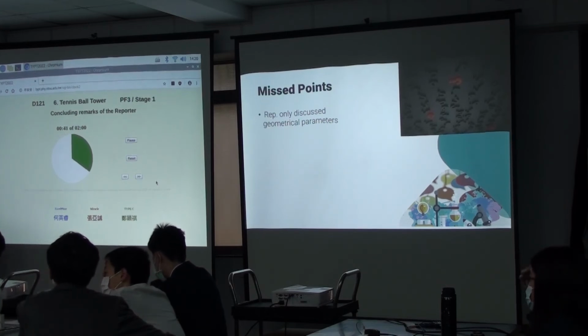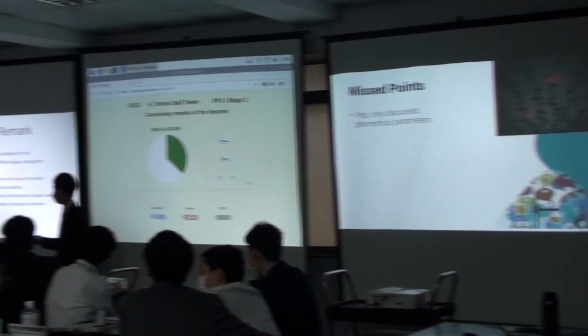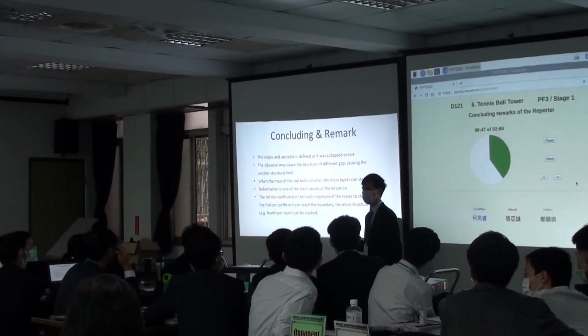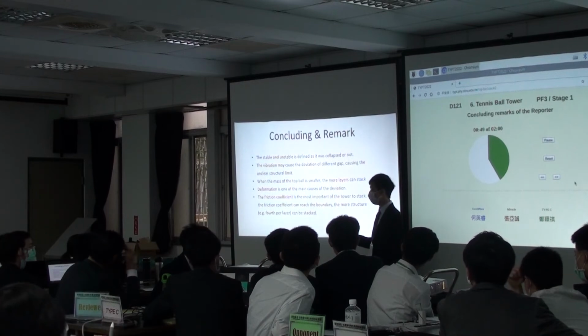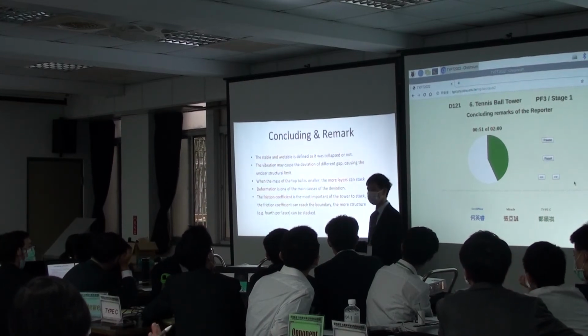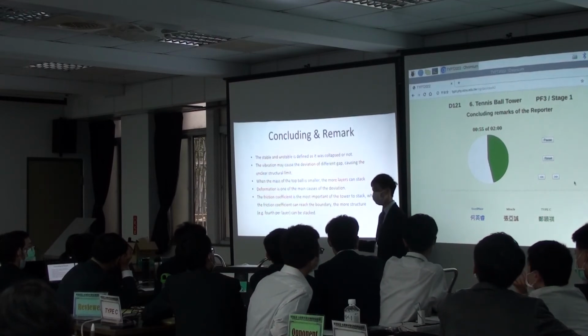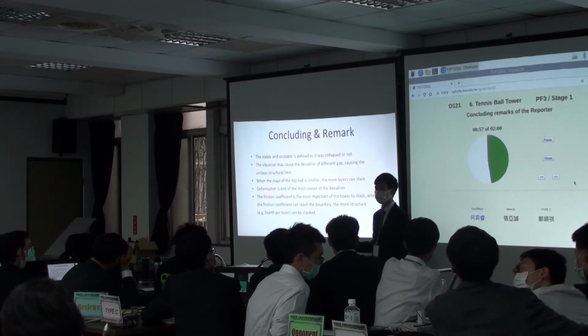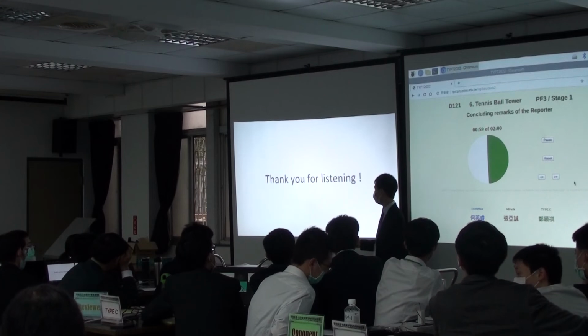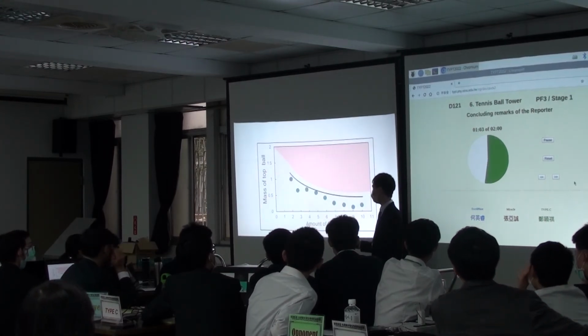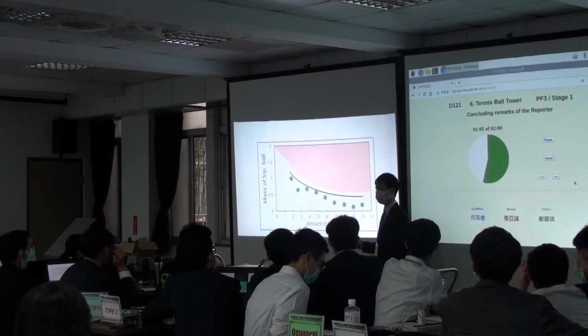Okay, and when the mass of the bubble is smaller, the more layers it can stack. And the deformation is one of the main causes of deviation, because when we don't consider the deformation inside, it would become an indeterminate question when we consider deformation, since you have multiple contact points. And also, the reviewer has mentioned why none of the dots fits on the fitting line,